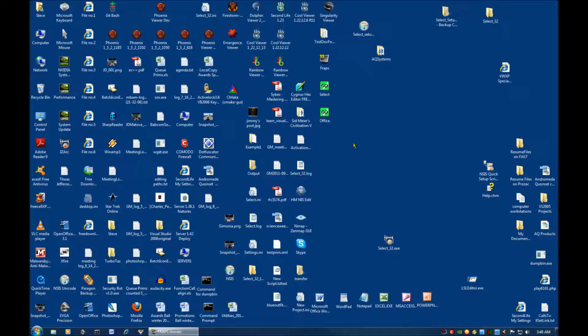Among the many icons I have on my desktop are icons that go to various Second Life viewers. Some of them are simply called Second Life. I've got the Cool viewer, the Singularity viewer. In fact, I've got a couple more versions of the Cool viewer. I've got the Rainbow viewer, which is made by the same person that did the Cool viewer. I've got the Dolphin viewer. I have Firestorm, Emergence. I have several copies of Phoenix, and I even have a Phoenix viewer that I compiled